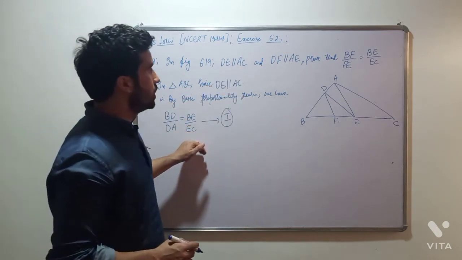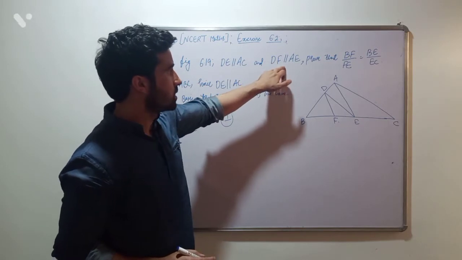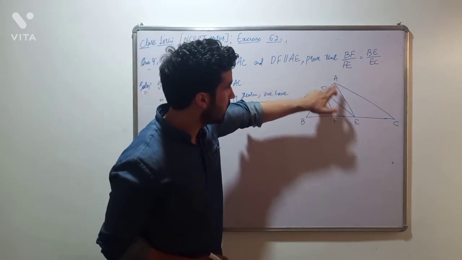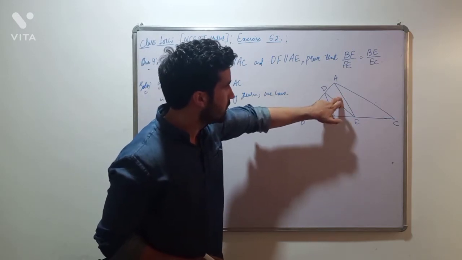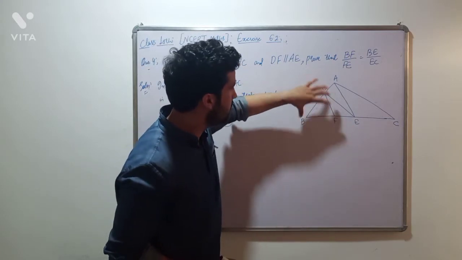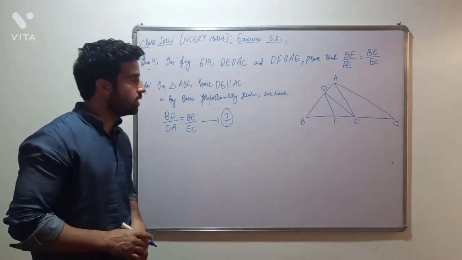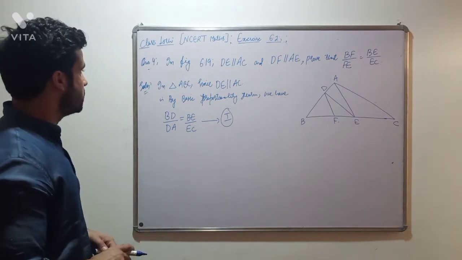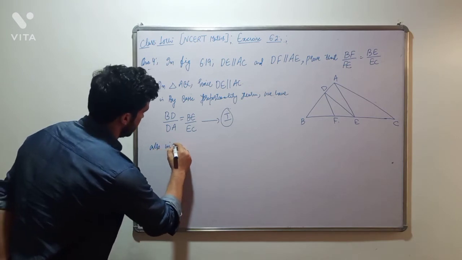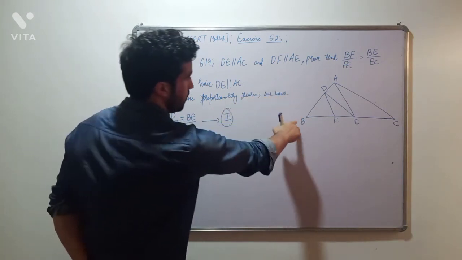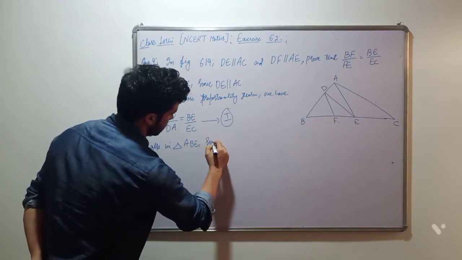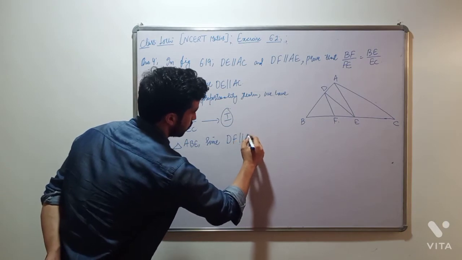Now what we need to do here is that we will consider this statement now. So it is DF, it is parallel to AE. Once it is parallel to AE, this means that in triangle ABE, this DF will divide AB and BE in the same ratio. Now वही हम यहाँ पर लिखेंगे. तो हम लिखेंगे यहाँ पे also in triangle ABE, since DF is parallel to